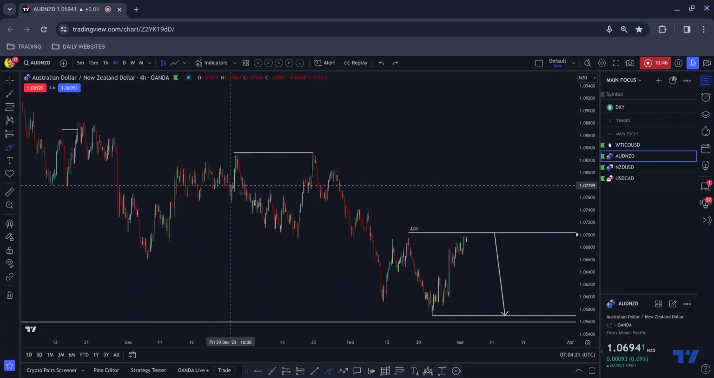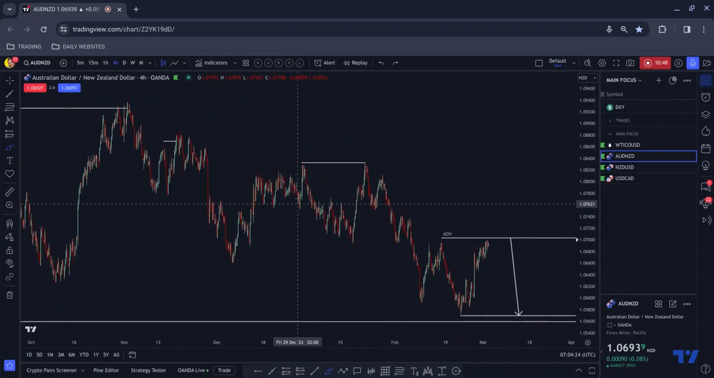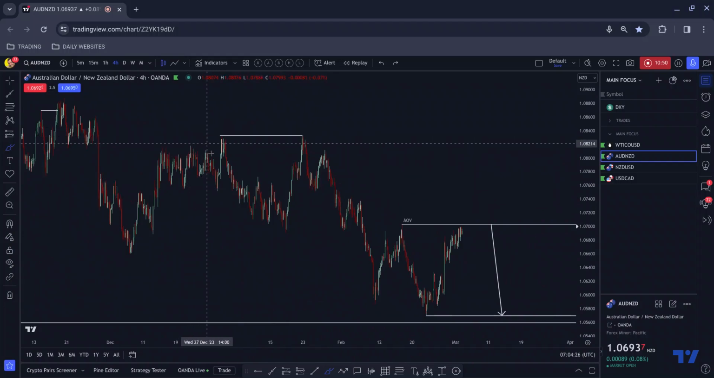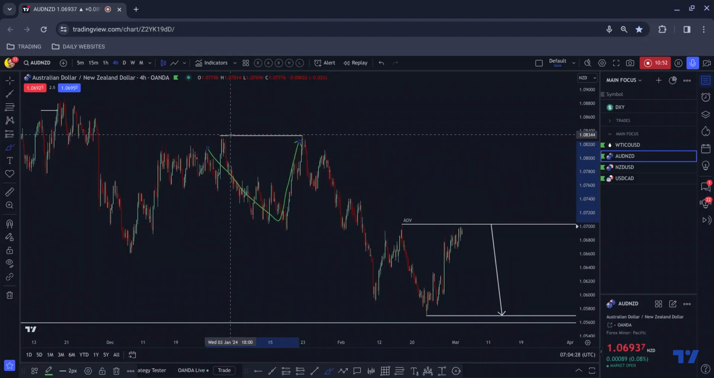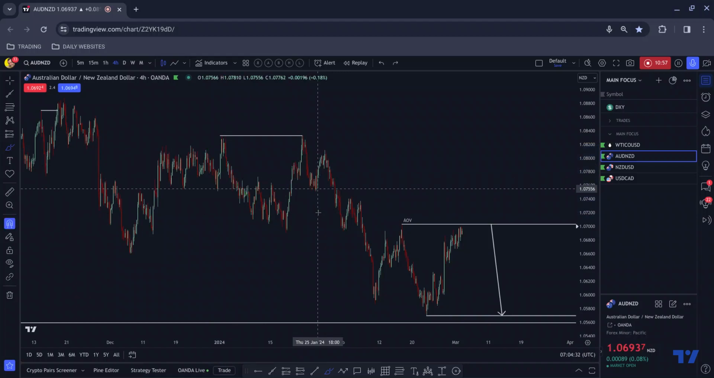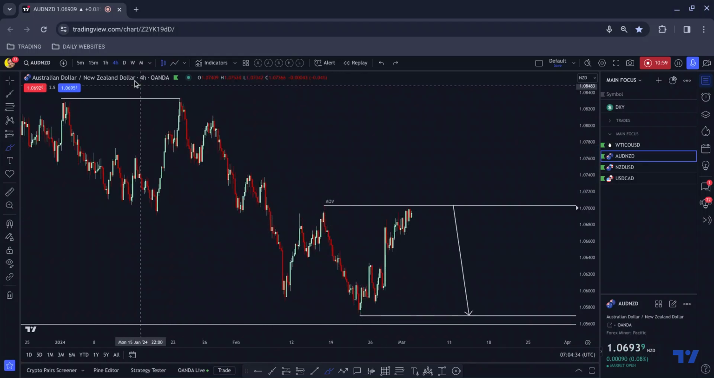So with that in mind, this is actually quite simple. You can see I've separated the structures here. We had this middle section here. We come back up, tap the high, okay, move to the downside. So what I'll be looking for from this pair, quite simply,